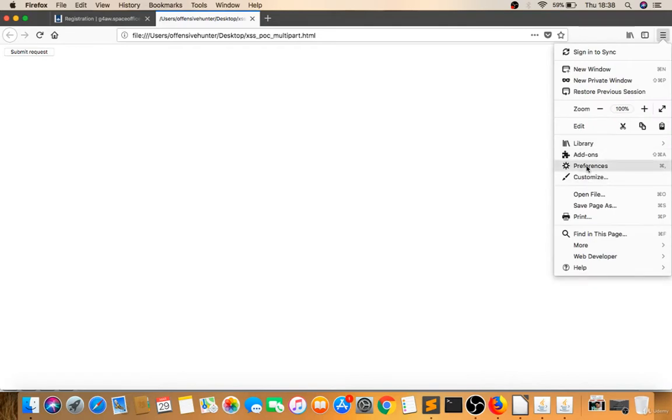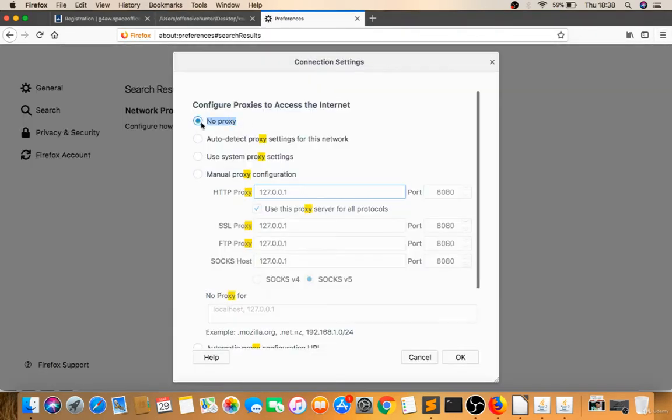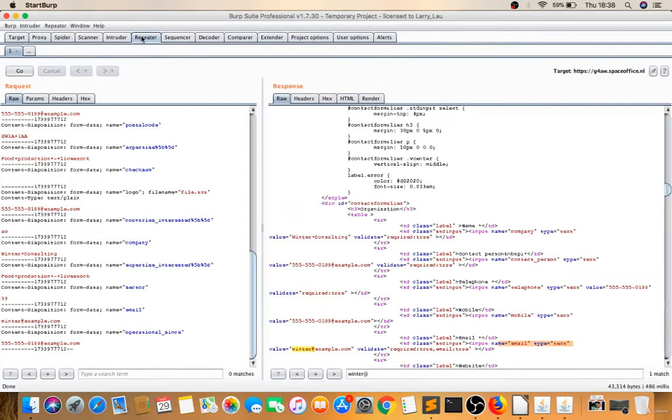I will do one more thing. Let's remove proxy for a few seconds. I don't know. So it's not submitting our request. So there may be some self access issue then.